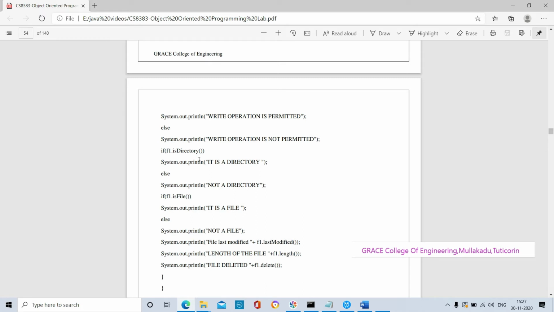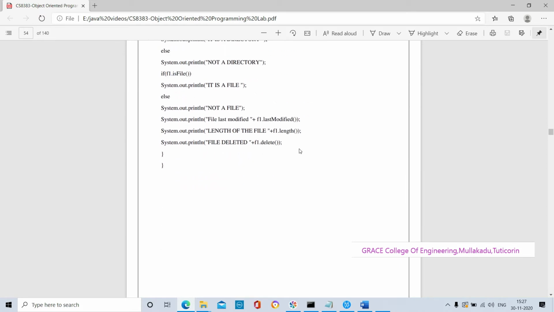Next, isDirectory is a method or function used to check whether the particular input file is a directory or not. The lastModified function is used to check when the file was last modified. Next we are using length, and delete, to delete the particular file.